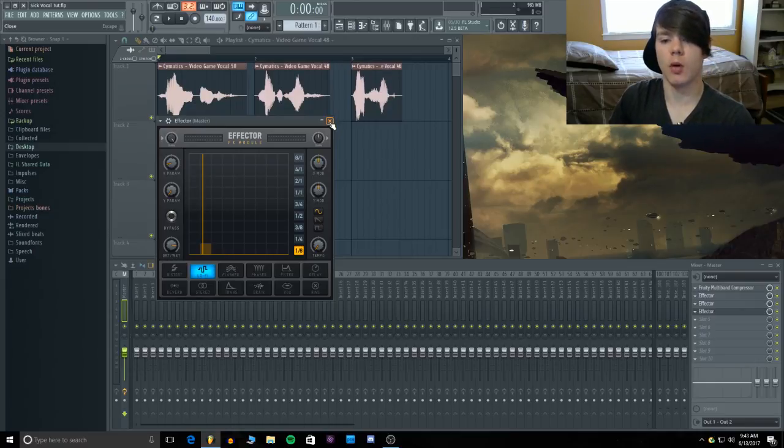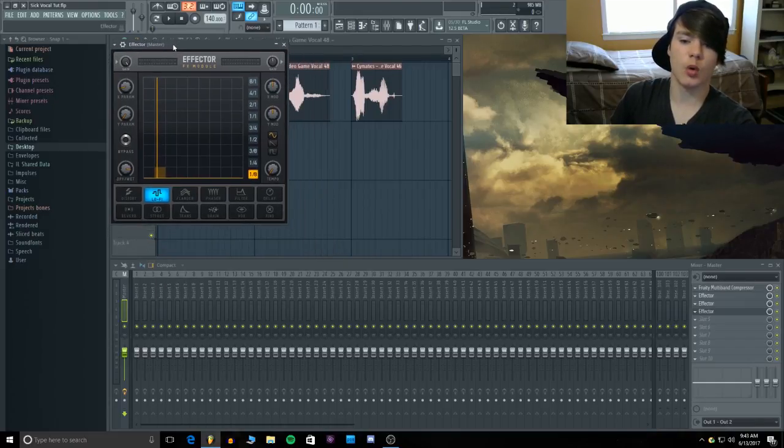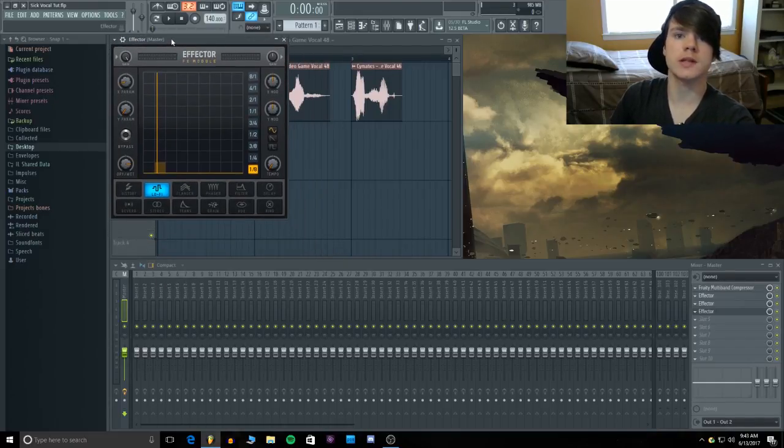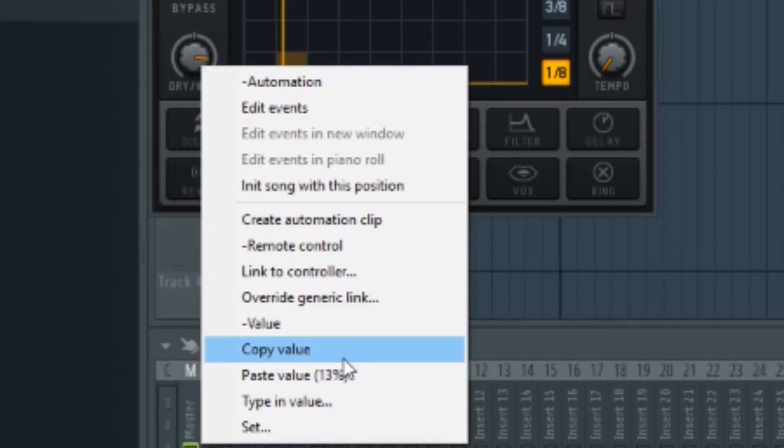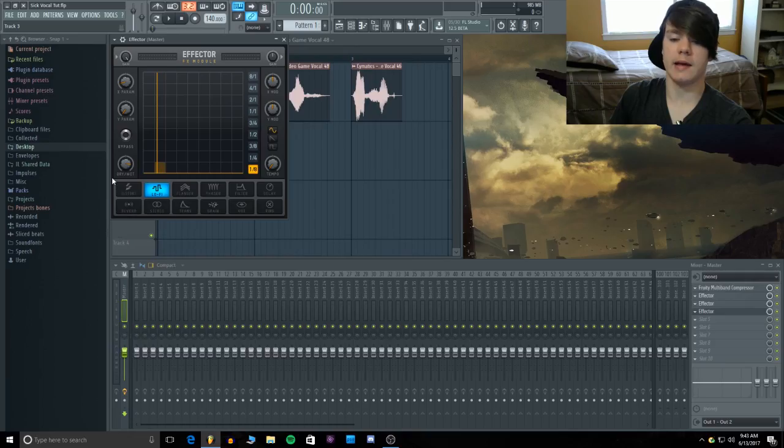It adds more high end, and I love adding this to vocals, especially when you're doing stuff like dubstep or riddim or hybrid trap or something that is more aggressive. If you add that to your vocals and just mix it in, because I don't have the dry/wet all the way up, it's at like, let's see, where is this? 83%. If you just mix it in, it sounds great and adds a lot more power to your vocals,